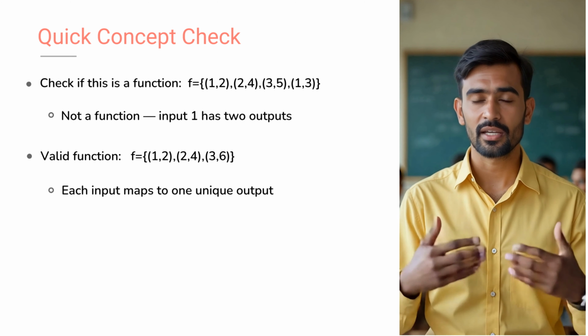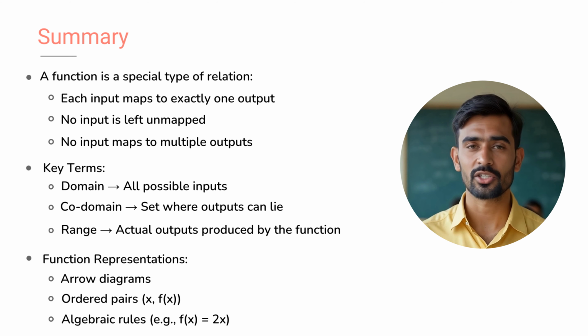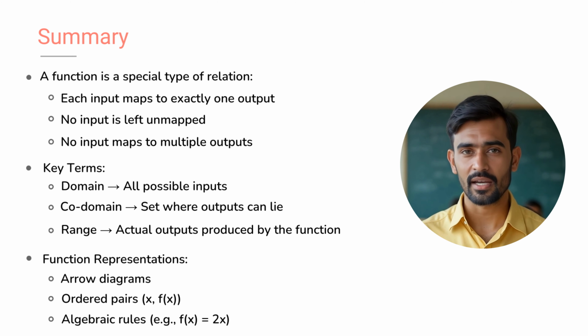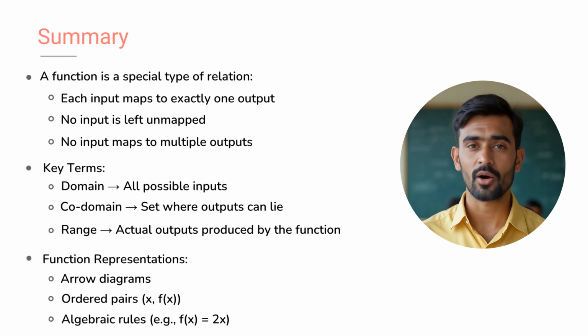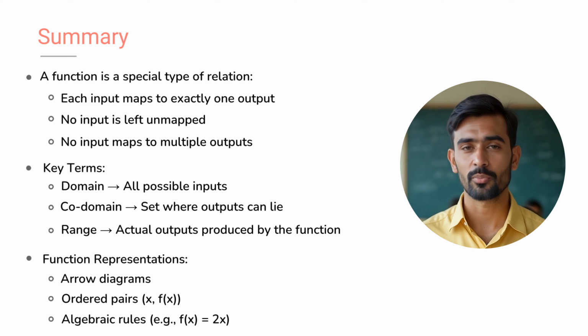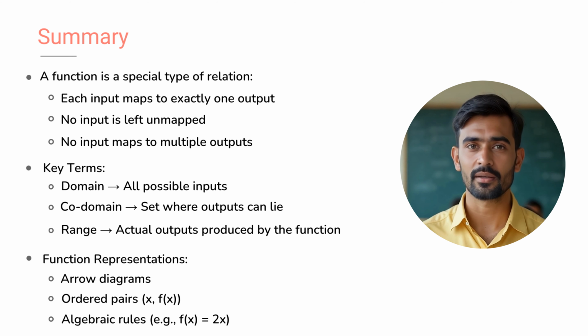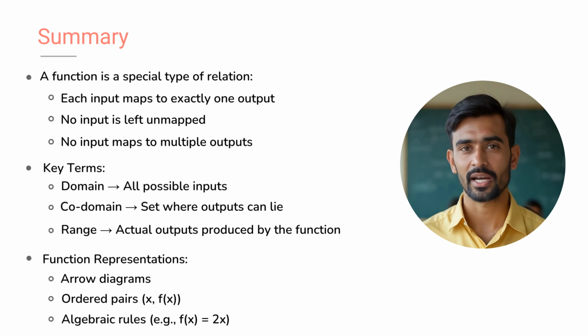To summarize, a function is a special type of relation where each input from the domain is associated with exactly one output in the codomain. It ensures no input is left unmapped and no input maps to more than one output. Key components of a function: domain, all possible inputs; codomain, the set where outputs may lie; range, the set of actual outputs generated. Functions can be represented through arrow diagrams, ordered pairs, algebraic expressions,